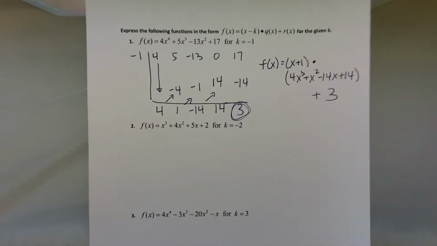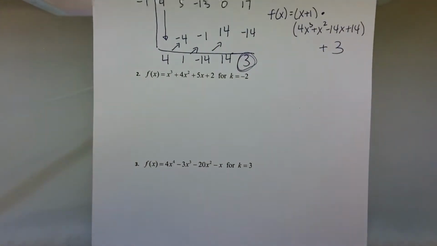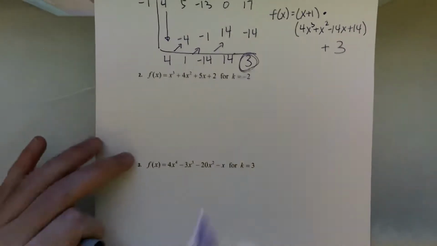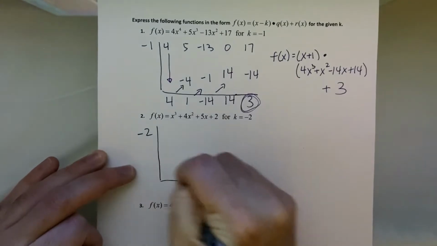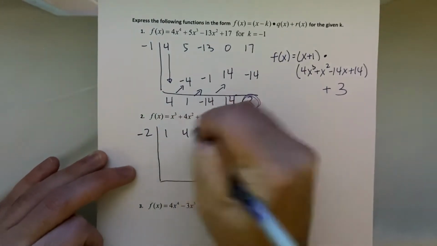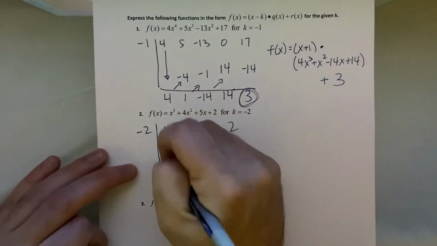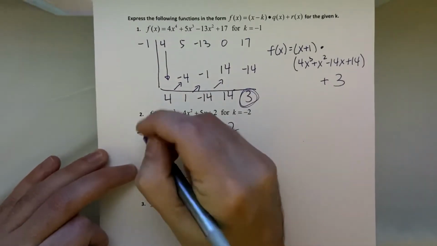Okay guys, we're going to continue expressing the functions in the form f of x equals x minus k times q of x plus r of x, our quotient and remainder from division, using synthetic division. So for k equals -2 goes outside. 1, 4, 5, 2, no missing terms this time. 1 comes down, 1 times -2,